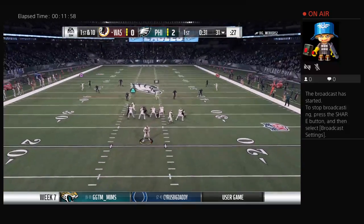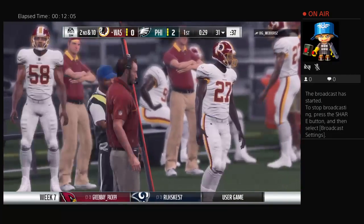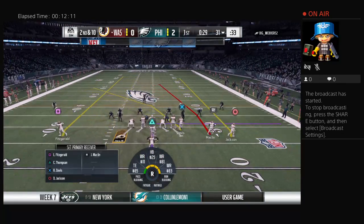They go play action here on 1st down. And that'll be incomplete. He was looking to get that one to Chris Thompson. And it's 2nd down. And this pass defense, they were sensational in the win last week, and they're looking good here so far in